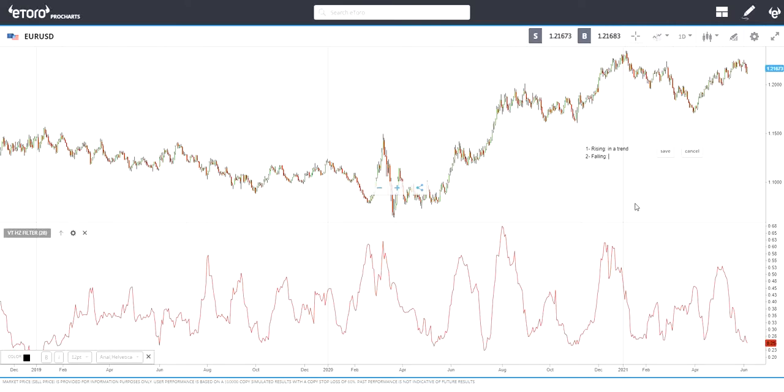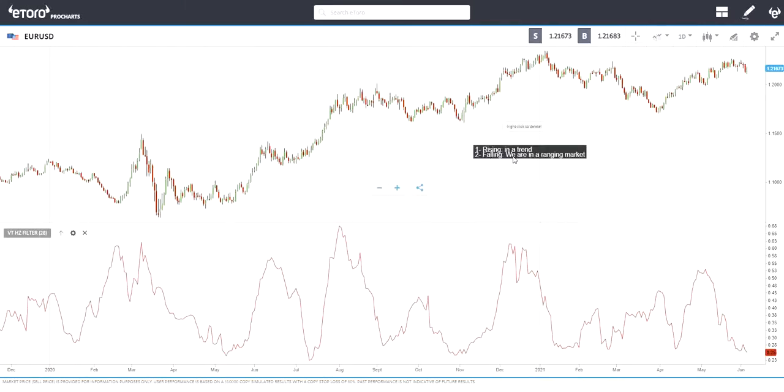It means that we are in a range market. Okay. Normally high values can be an indication of the end of the trend, and low values normally indicates that there may be a potential for a trend to be started. Okay,